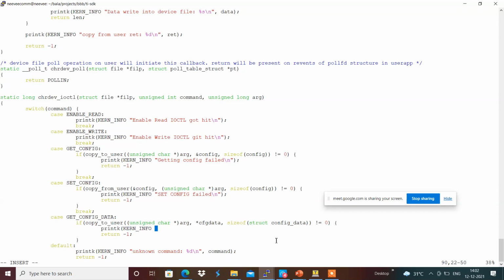The same way we will be having case set_config_data.